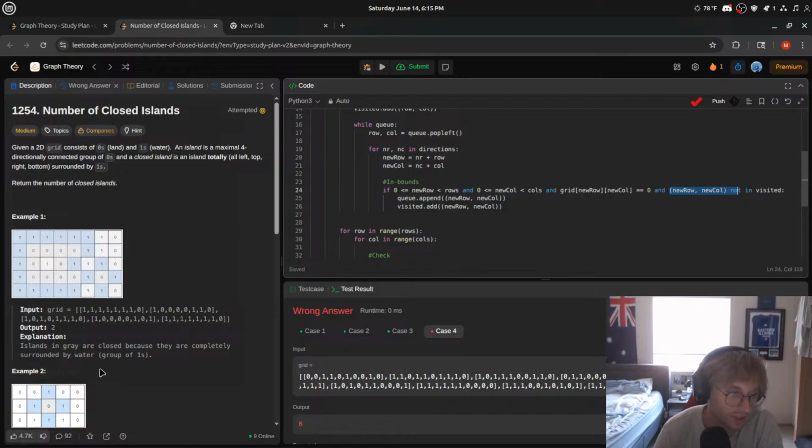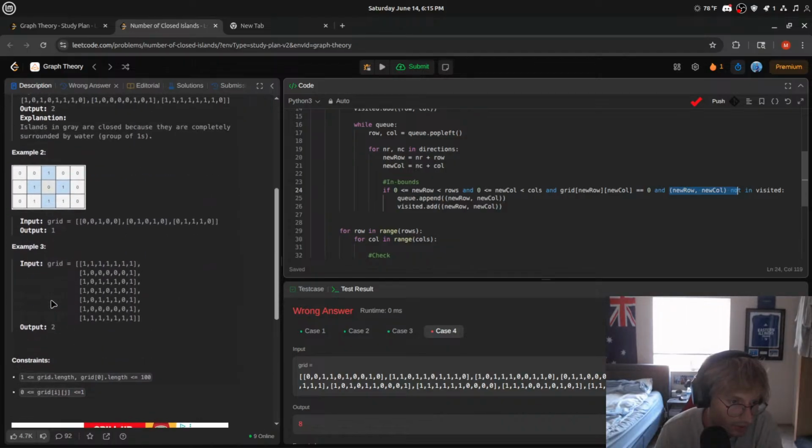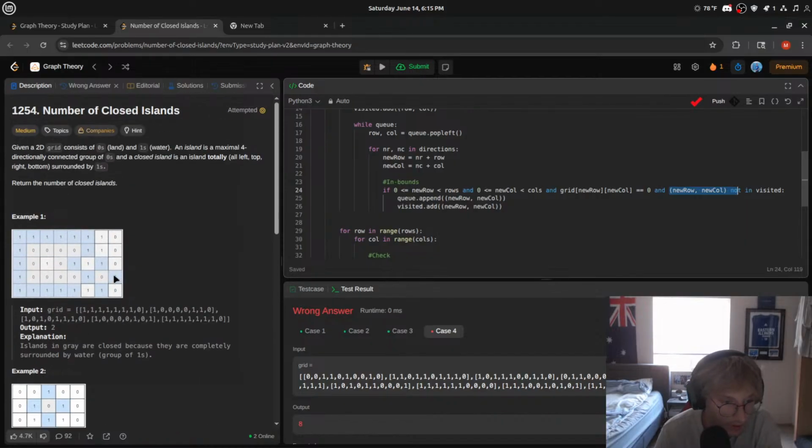I feel like we're missing something here. I feel like there should be better test cases, because maybe this could be a 1 here, right? Technically, and it wouldn't count, right? Technically, if this was a 0 here, this wouldn't be enclosed, right? So I feel like what we're missing out here is that we have to check